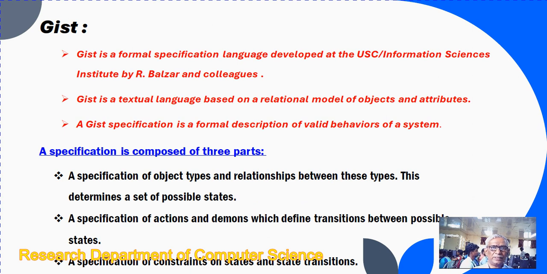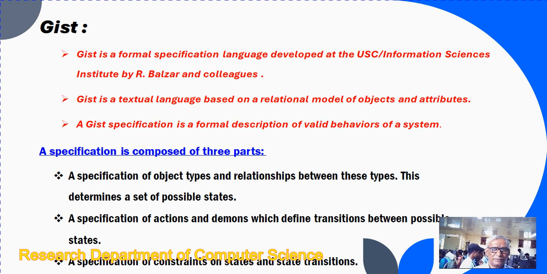This was developed by USC Information Science Institute by R. Balzer and colleagues. It is a text language based on relational model of objects and attributes. A specification is a formal description of valued behavior of systems. It consists of three parts: